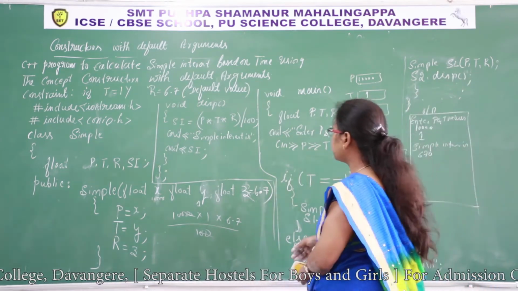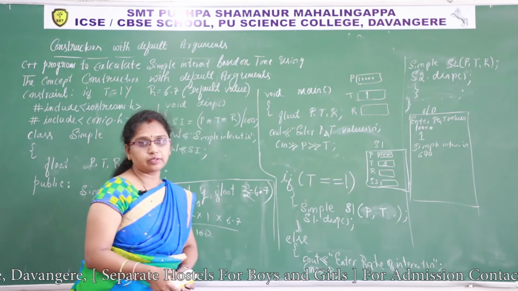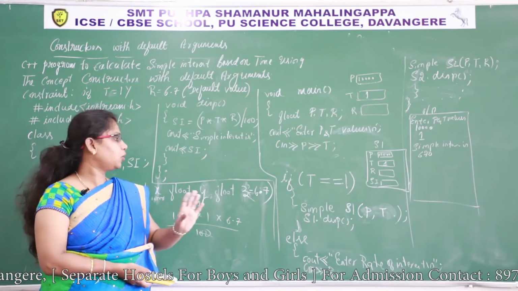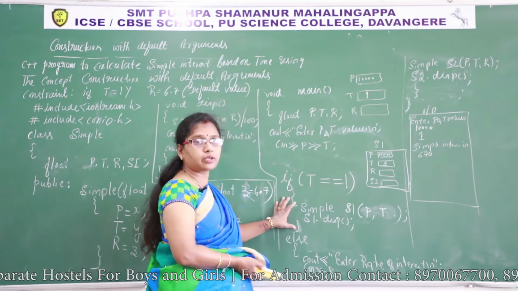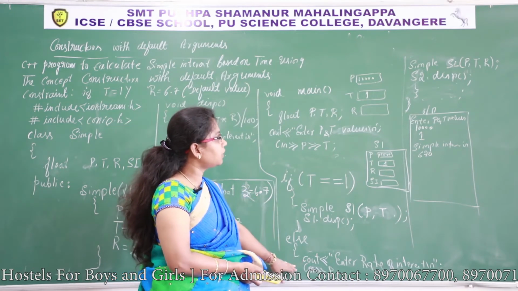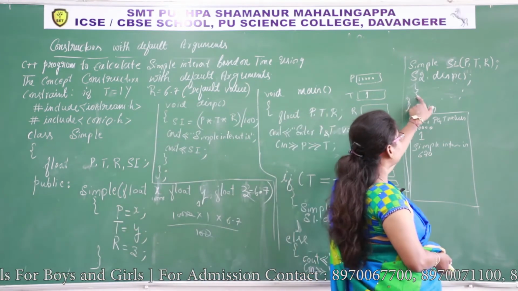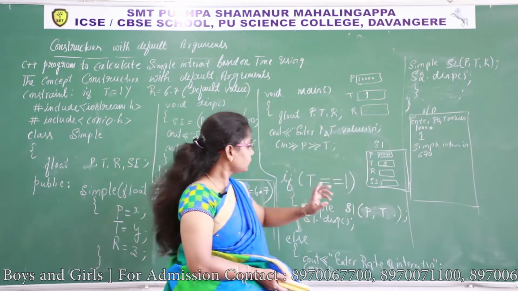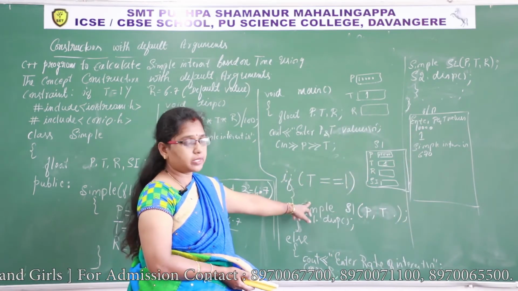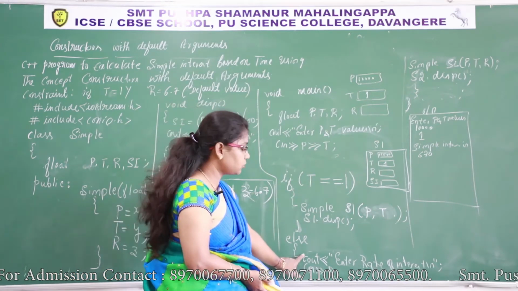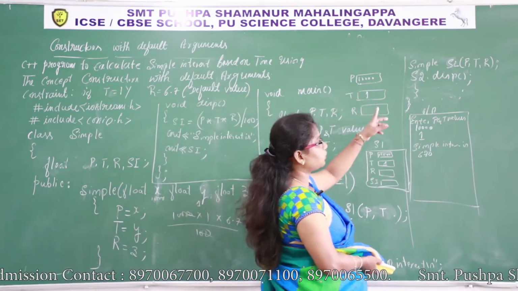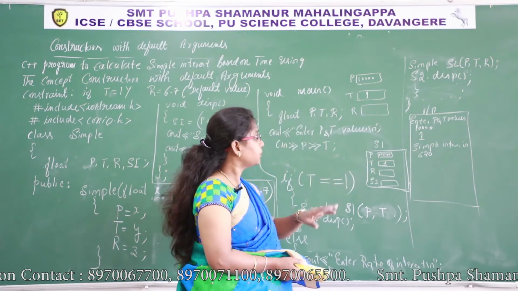I hope you all know the working rule of if and else statement. At any given time only one block will be executed. If this condition satisfies, this block will be executed and it skips the else part. So from here to here, that is the else part, then it terminates the program. If this condition is not satisfied, it goes to the else part, this part will be skipped, and what is there in the else part will be displayed.